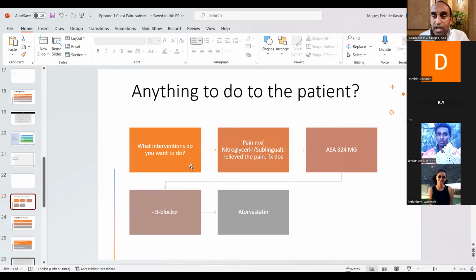In the meantime, our discussion took almost 2 hours, but it shouldn't take you this long to intervene in this kind of patient. So what do you want to do for these patients? A patient with sudden onset substernal chest pain, you are suspecting a possibility of ACS. What do you have to do in the meantime? And the pain is severe, it is 9 out of 10. I told you earlier, kill the pain, right? So give him something for the pain.